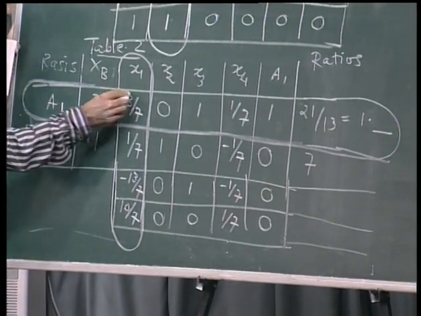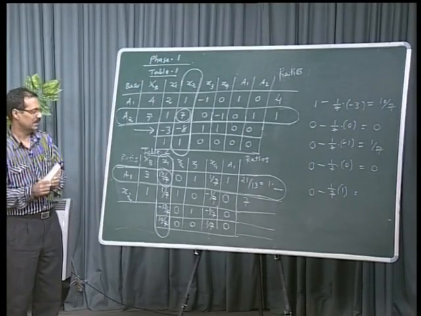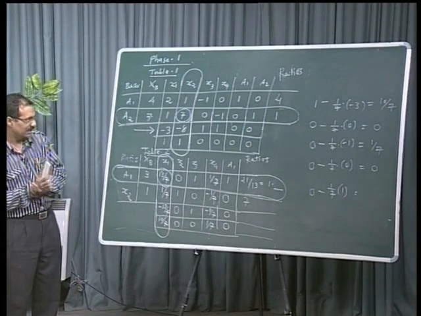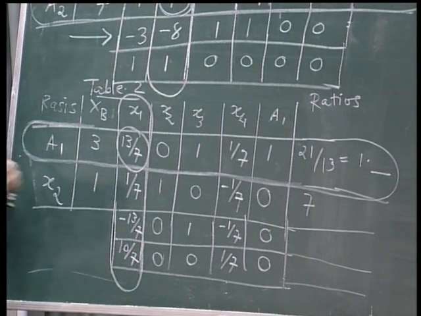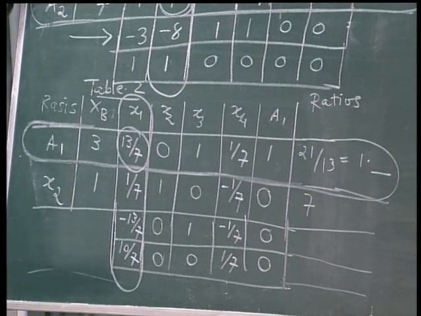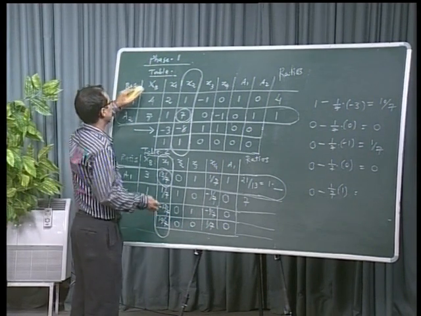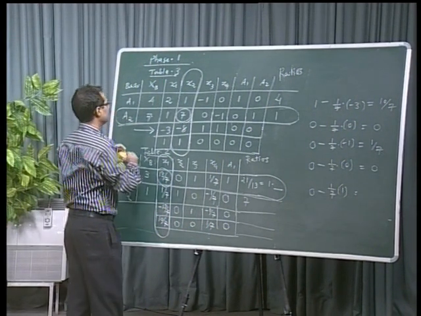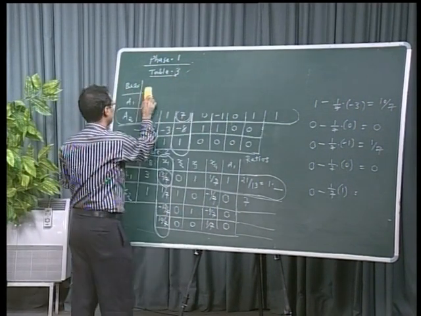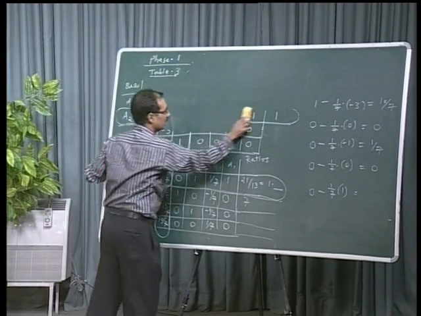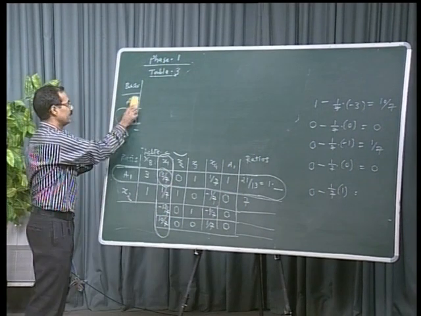So, the leading element is a little awkward number for the first time, it is a fractional number 13 by 7. So, this is our table 2, we are done with table 2, but not good news, because there was a negative number in the auxiliary value and we have to go to table 3 as well. So, we are still passing through phase 1 and our table number 3 comes now. So, we are reduced with some labor because artificial variables are not bothering us, but still we have to deal with some more values. So, our basis will be changed now.